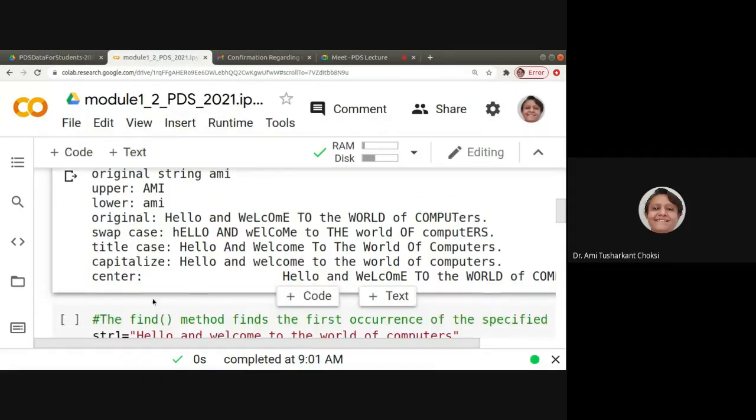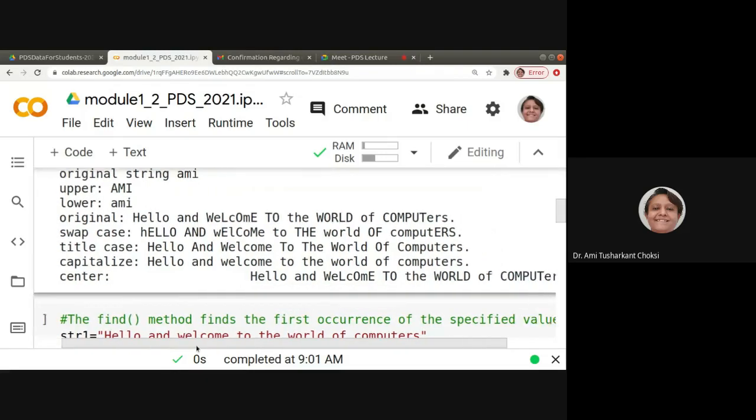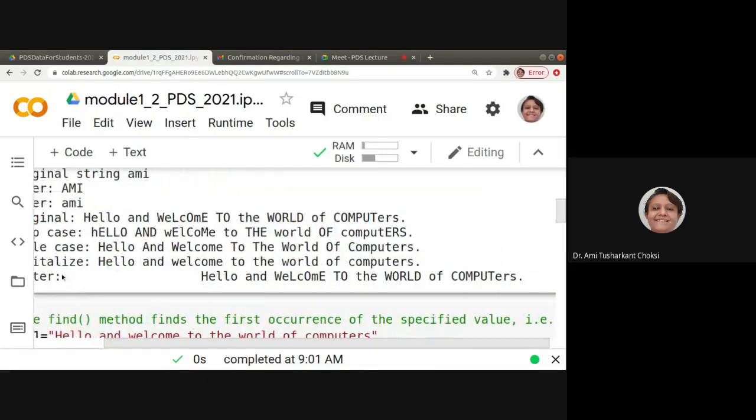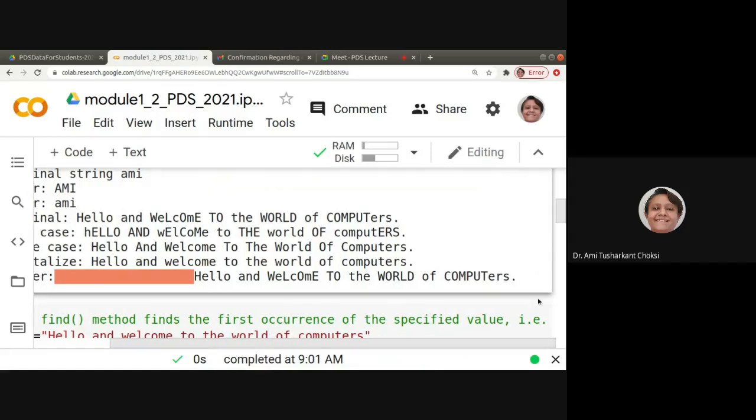Here we can see the output. See that here the space is being left. After that the text is there, and after that also some spaces are there, right? So that is the 80 width. Inside that it has put the text in the center, right?